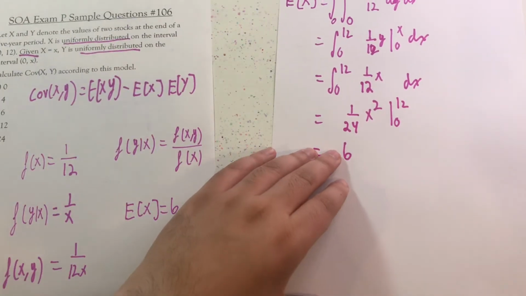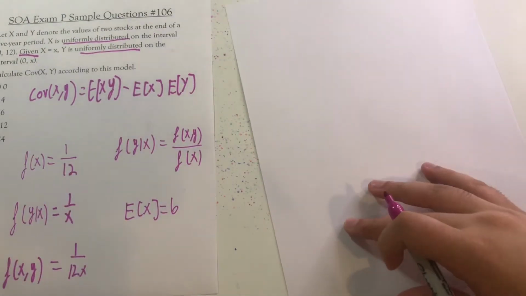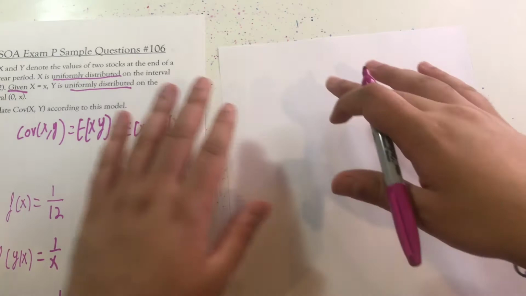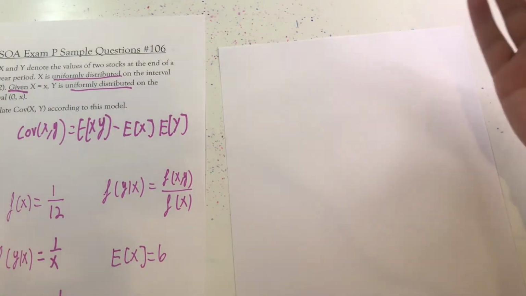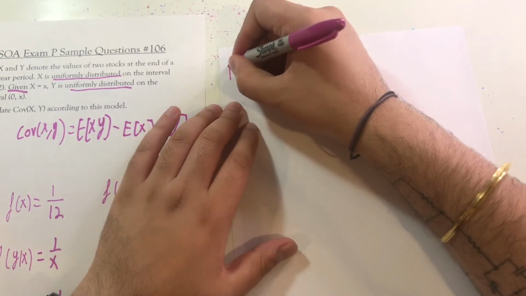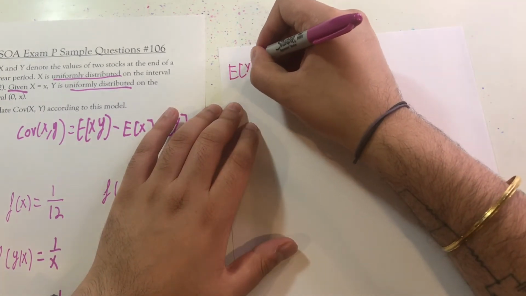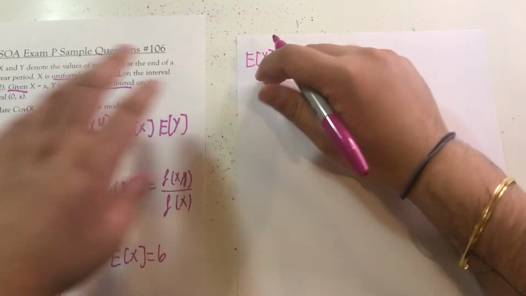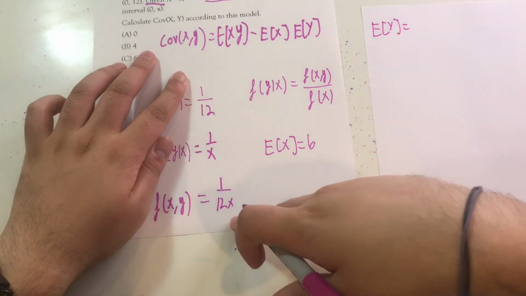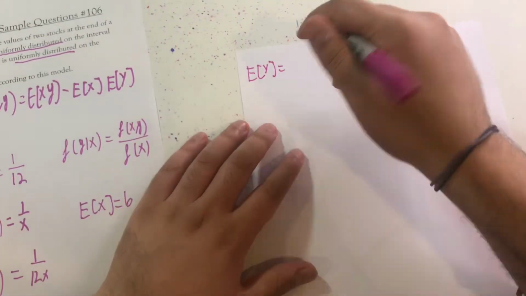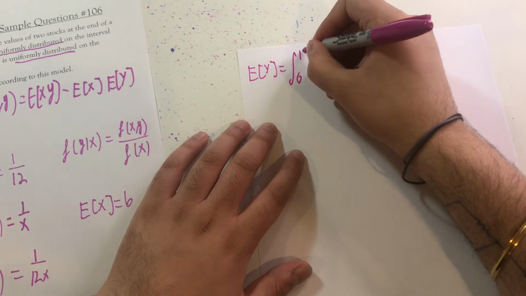Okay, so now we're going to actually have to integrate for the expected value of y, right? Because it depends on x. We can't just use the formula for a uniform distribution. So the expected value of y is going to be, and I'm going to rewrite this fraction just for the ease of integration. I'm going to rewrite it as x to the negative first. I'm integrating 0 to 12